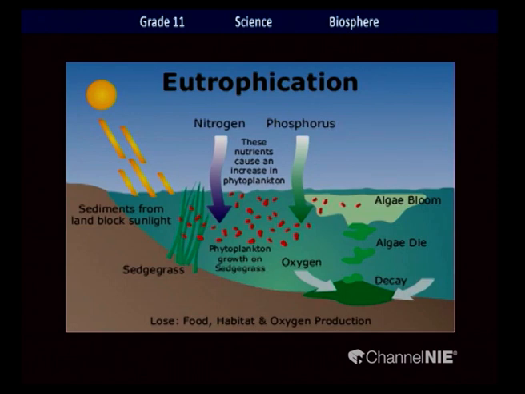But algae you cannot label as a harmful group of organisms. They play a very important role in an aquatic environment. They are the main producers of the aquatic environment. More than 70% of the earth is covered by water. So algae play a very important role by producing not only food, but also by releasing oxygen to the aquatic environment. But the problem is increasing the growth of green algae beyond the limit, then it can lead to pollution. So let's see what happens when the algae growth increases.